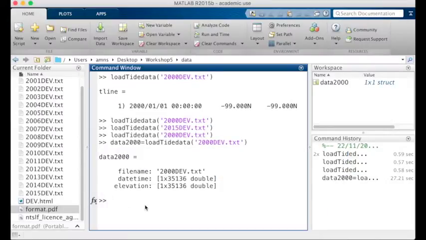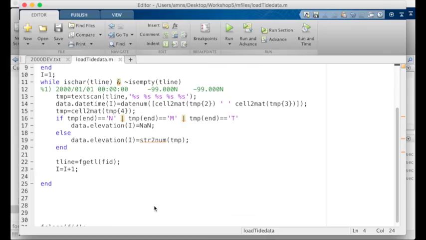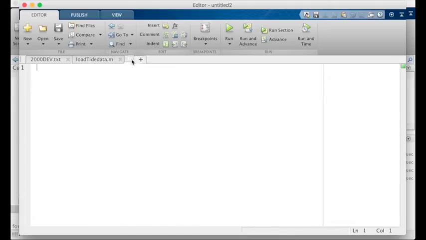Now to do that, I'm going to create a new function, and I'm going to give it the data that we've just loaded. So again, I can rerun that function without having to edit the names within it. I'm going to get it to automatically pick up the file name, for example, and apply the right labels. So if I go back to my editor and then I start a new file, this is going to be